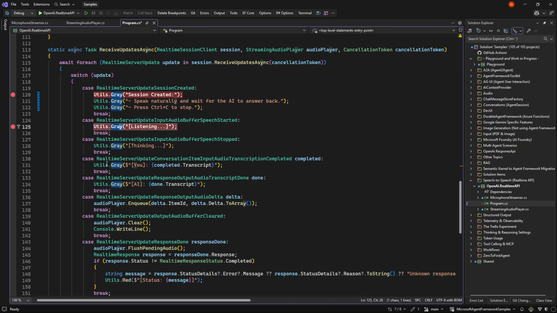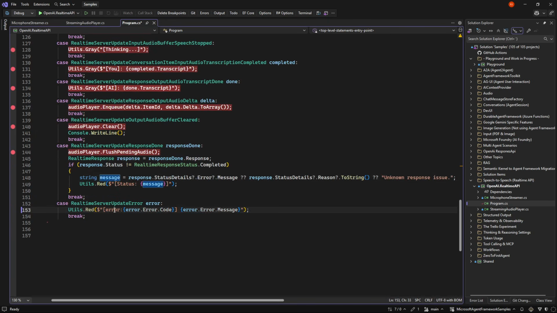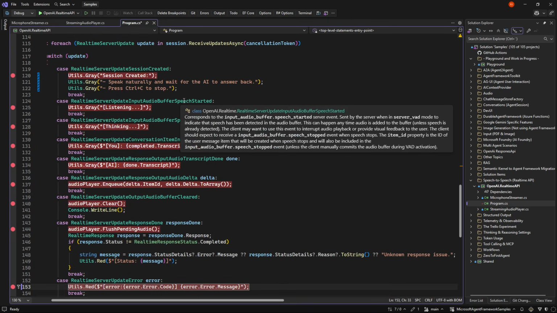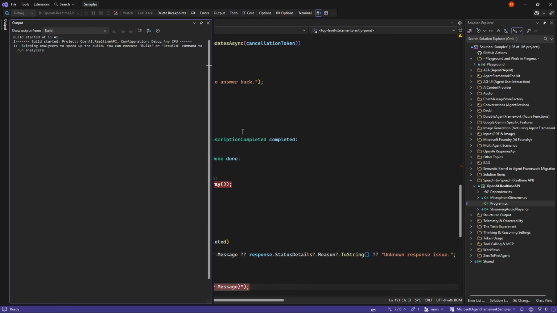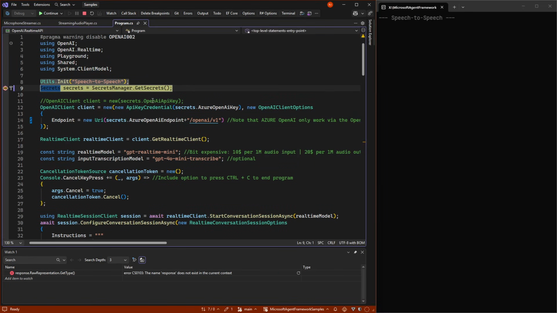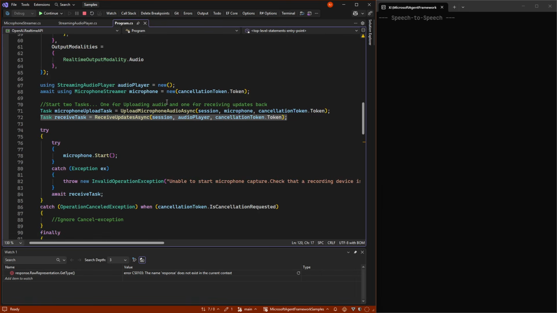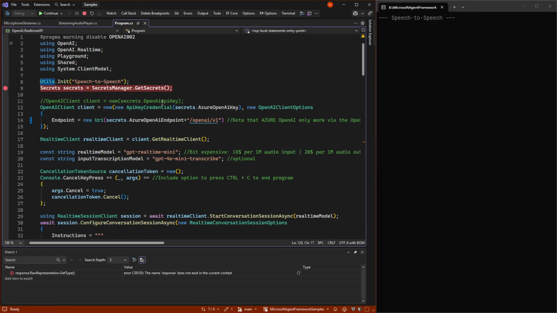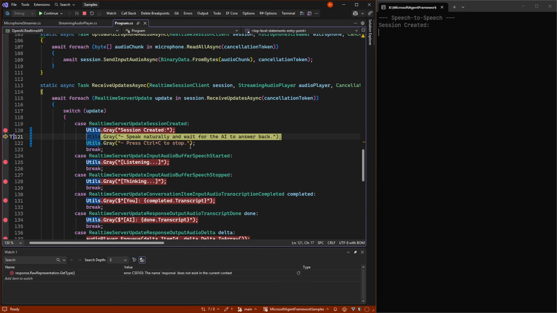So we can try to set some breakpoints here and see it in real life. This will feel a bit odd because it just begins to say words and pause again and so on. But let's have a look. So whenever we say start session up here, start conversation, we get the session created.